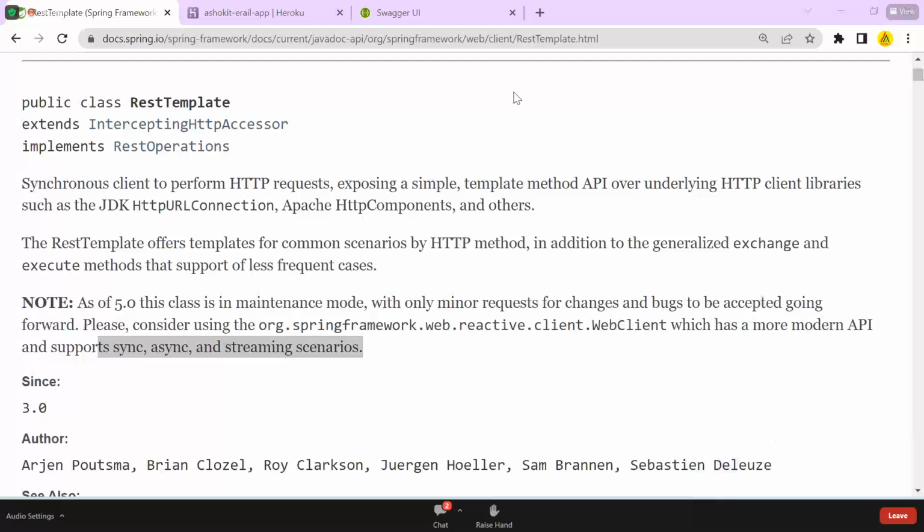So do we need to waste our time learning all the concepts in RestTemplate, which is already outdated? It was introduced in Spring 3.0, and from Spring 5.0 onwards they are telling us don't use RestTemplate, go for WebClient. WebClient supports synchronous and